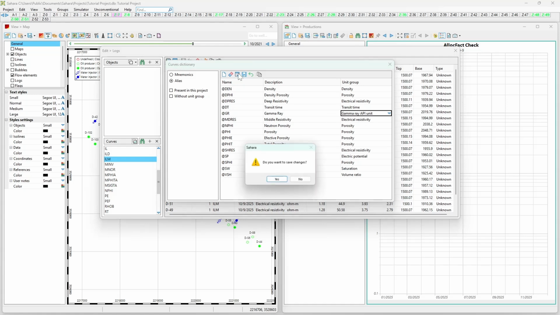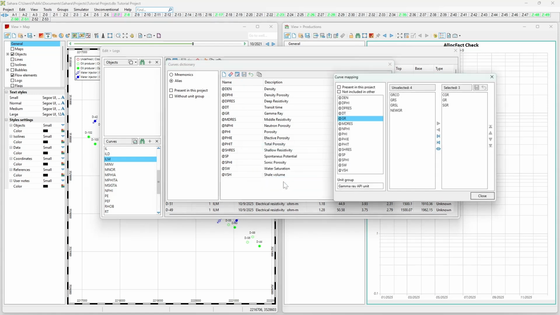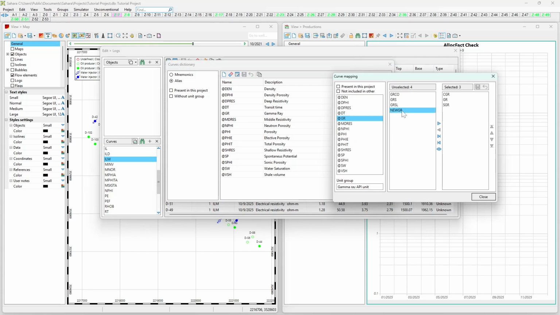And now we will go to edit. Yeah, I want to save the changes. And now new gamma ray is a possible option to be selected and added to the alias that is called gamma ray. It will become more clear when we start working with the log window, but for now